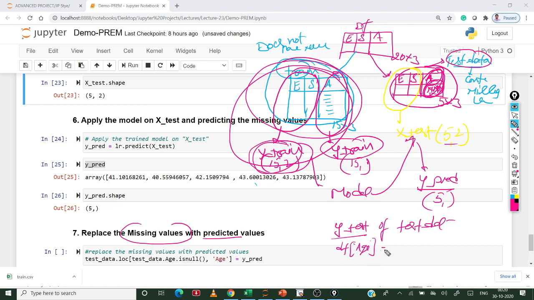So this contains the 5 missing values. Wherever the missing values are there, we have to replace them with these predicted values. That is step number 7. Let's execute this step number 7, you can understand clearly.